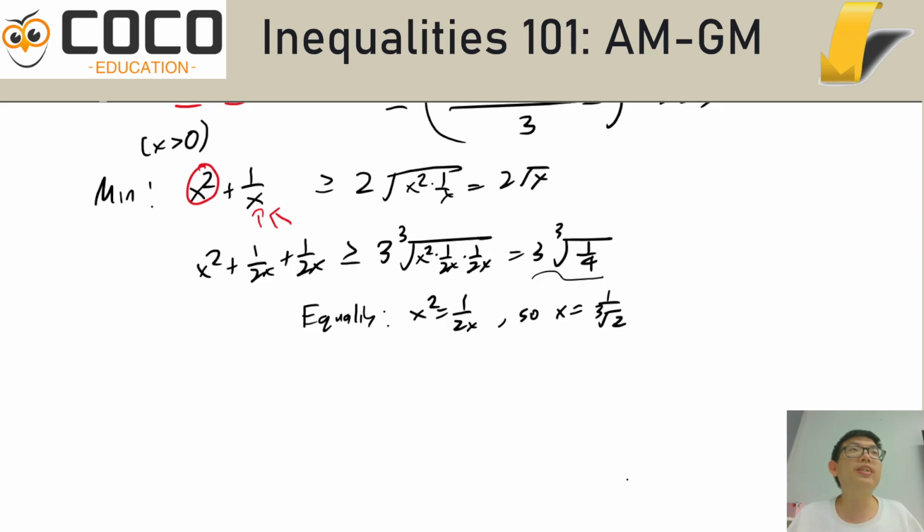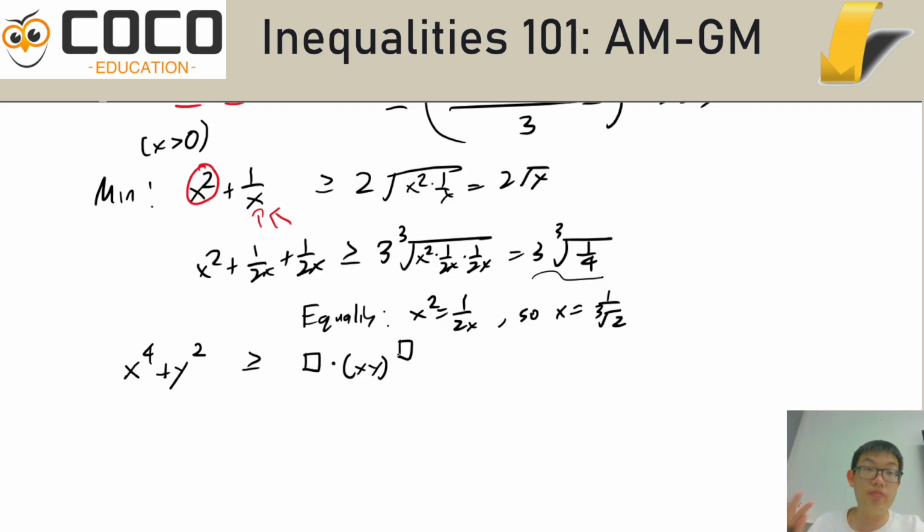It's pretty entertaining because you can essentially do all kinds of things. And this is also for proving. If let's say, for example, I've got x to the power of 4 plus y squared, and I want to establish an identity for it that is, this is greater than or equal to, let's say, something times xy to the power of something. Let's say that this is what I'm trying to establish.